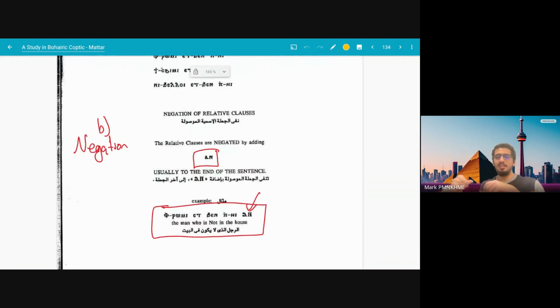With negation, et doesn't introduce anything weird. You have your full sentence, and then you just put on at the end. So if you want to say "the man who is in the house," remember if you remove the et, you have "the man is in the house." If you want to say "is not in the house," you add on. So you just put the et, and your sentence remains the same. So fromi et khenep on: the man who is in the house not. Like we saw, that's how Coptic does it, just put "not" at the end. In Arabic it would be "the man illi mish fil bit."